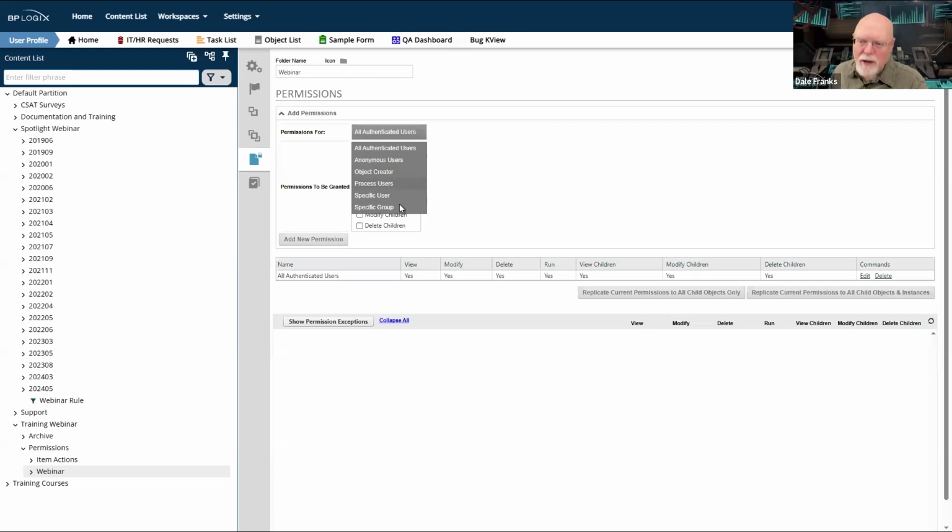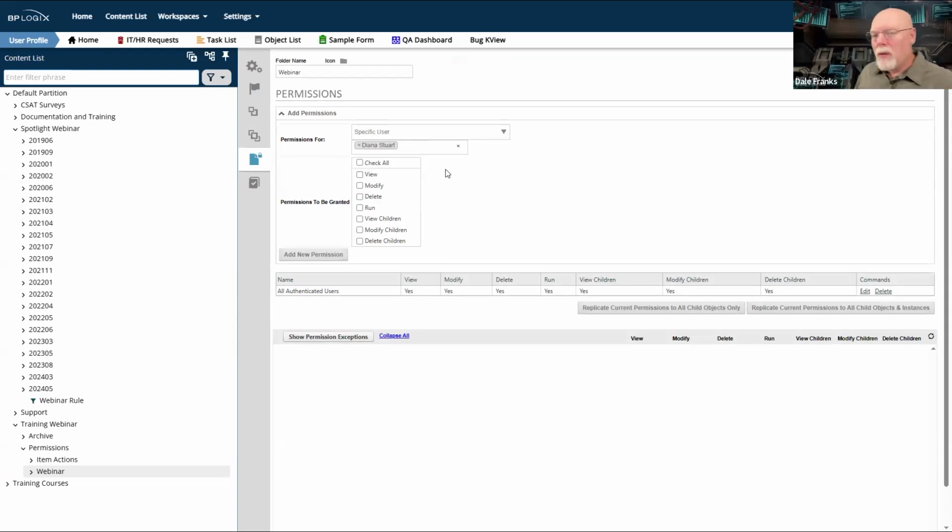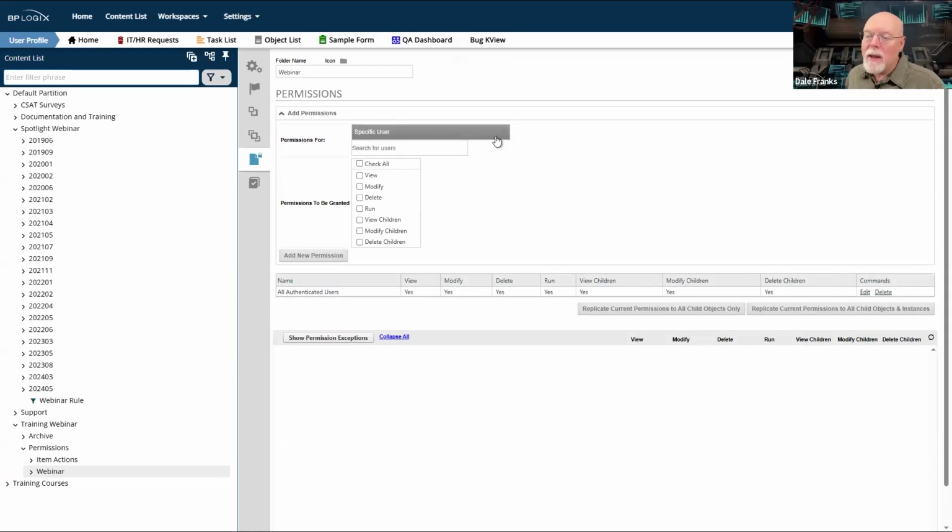Process users, we've already explained. And then we get down to actually assigning to users or groups. Like most assignments, whenever it comes down to specifying users, while you can assign a permission to a specific user, so I can assign a permission to Diana, we generally don't recommend that. Generally, we recommend that you assign via group. Now, this is a group that exists in Process Director, so via a user group.